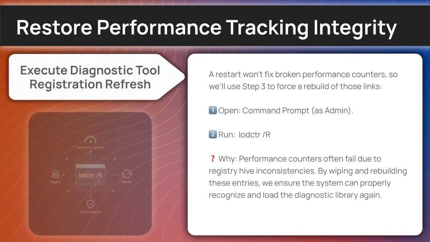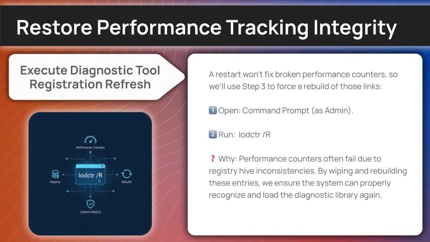No problem. Let's jump straight into step 3. Remember to pause the video if you need to double-check your inputs. A restart won't fix broken performance counters, so we'll use step 3 to force a rebuild of those links. First, open Command Prompt as admin. Second, you're going to type